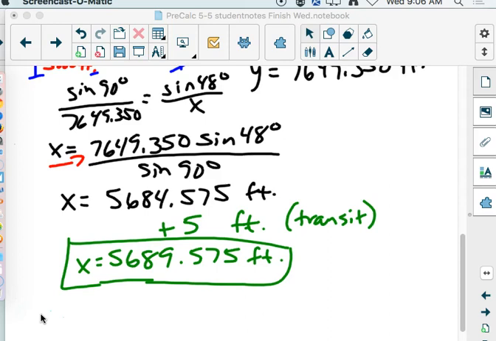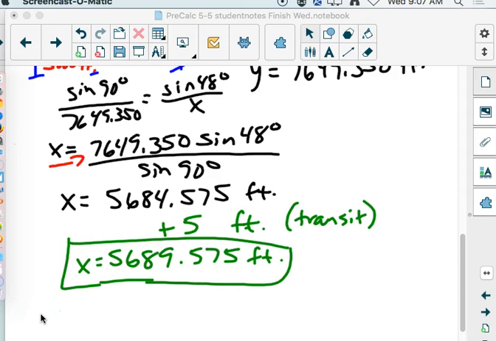5,684.575 feet. The problem was, and they do this a lot on the MCAs and the ACTs, that transit that they had at the bottom, and the transit is a fancy surveying machine that they use to get the angles right. That was 5 feet tall. Well, this was just the mountain from the top of the transit to the top of the mountain. So we had to add that additional little 5 feet for that transit and get